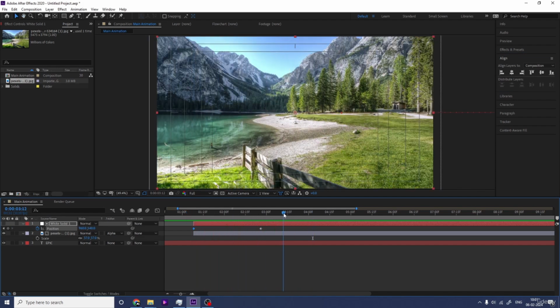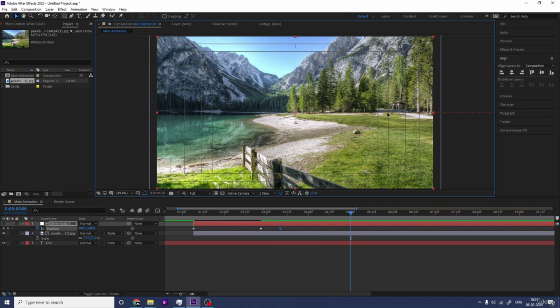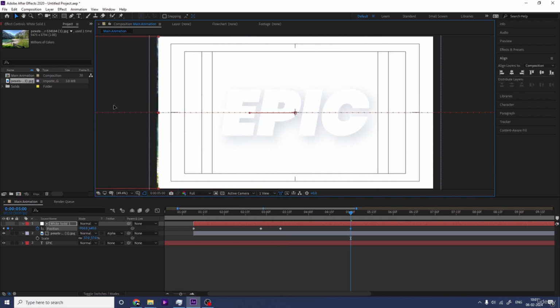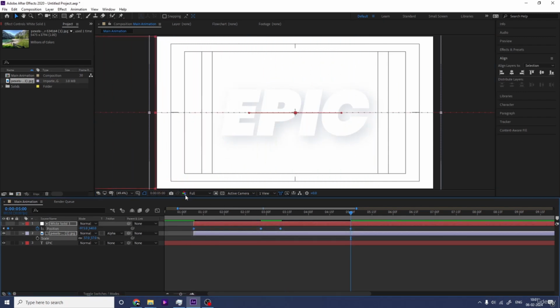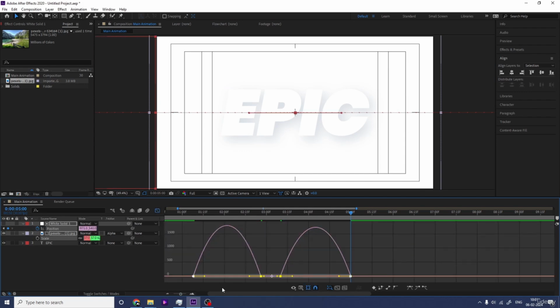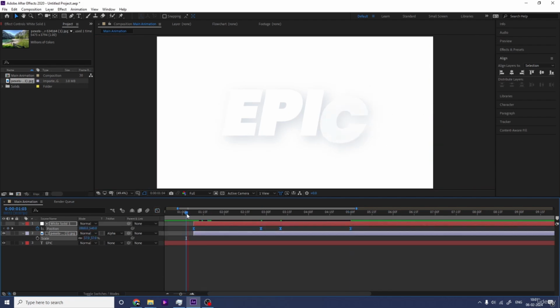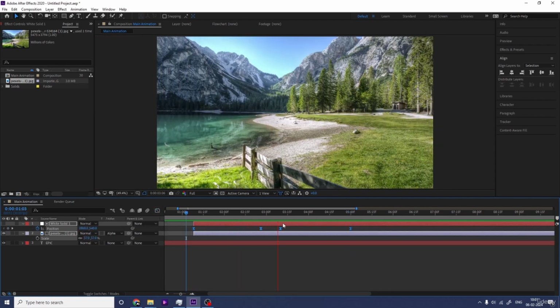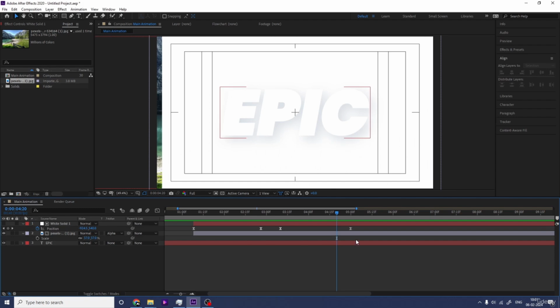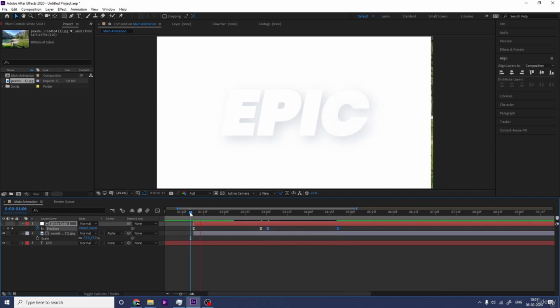Then take a gap of a few frames like this, and after 5 frames I'm going to move this from here to here and select those keyframes, hit F9, go to the graph editor, select this graph by holding Shift, move one handle over here and move one handle over here. So if you see, you will get something like this. And if you want, then you can move these keyframes over here also,